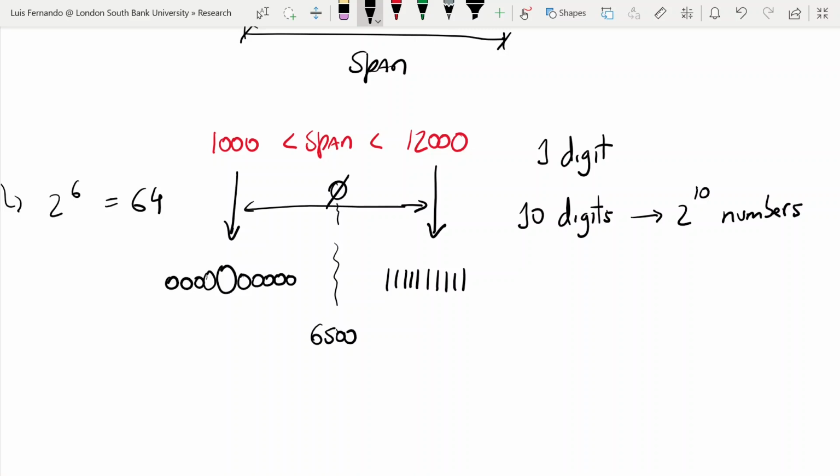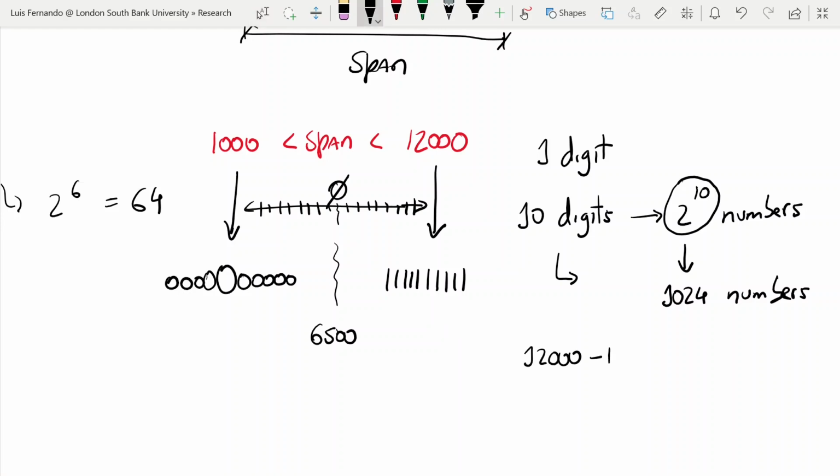So another thing that we can do with 10 digits is we can subdivide this space 2 to the power of 10 times. So 2 to the power of 10 is 1,024. So we're allowed to write 1,024 numbers to describe different spans. So we're going to subdivide these pieces into a certain spacing that then gives us 1,024 different spans. So one of the first things we can say is, what is that spacing? So the spacing will be nothing more than 12,000 minus 1,000 divided by 1,024. That will give me a spacing of